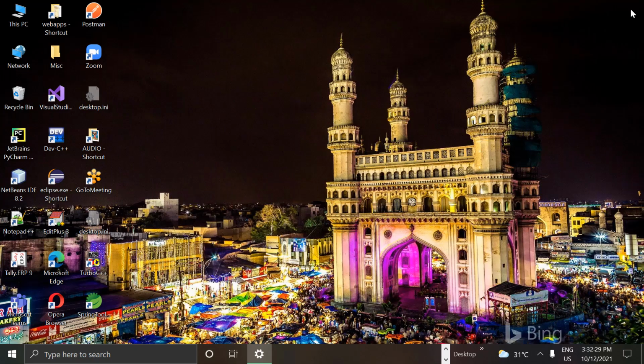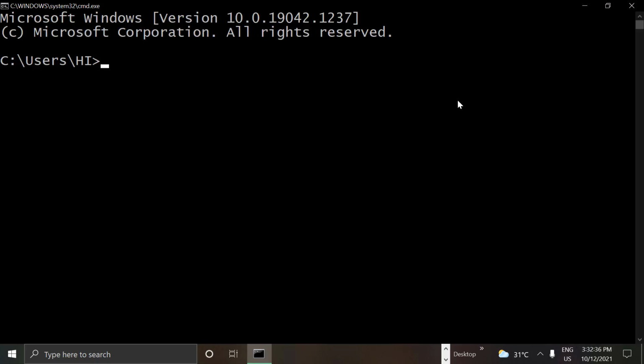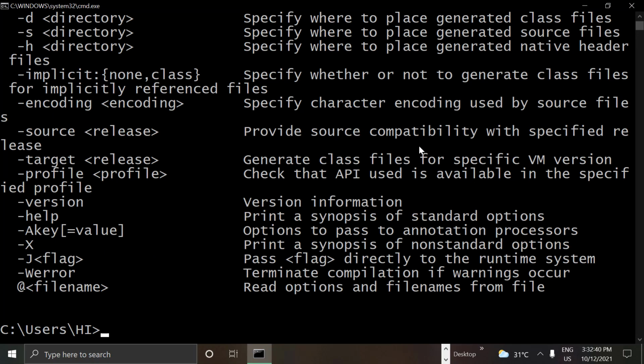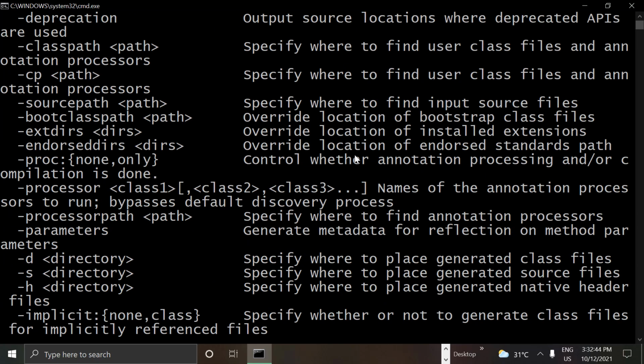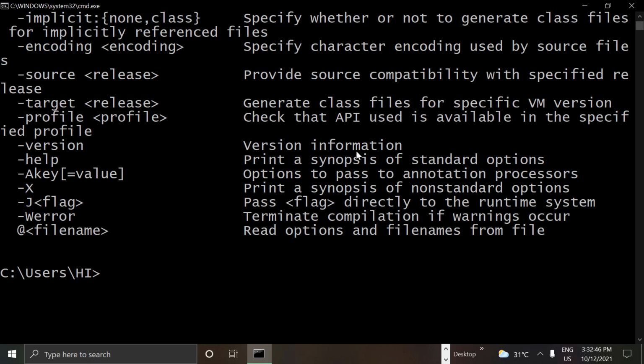So now close this window, go to command prompt by pressing Windows R, CMD. So you will have this command prompt now. Now type javac, press enter. This time you will not get any error. You got the list of keys. So path is successfully set, guys. So once it is set, you need to write a program to check whether it is working successfully or not.